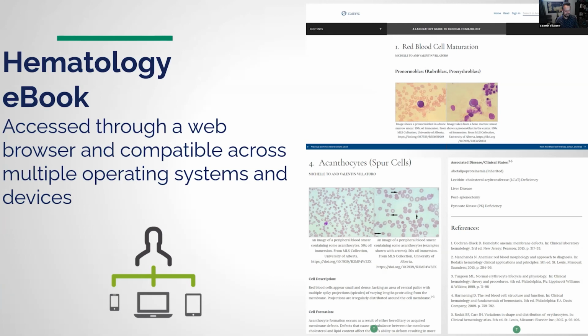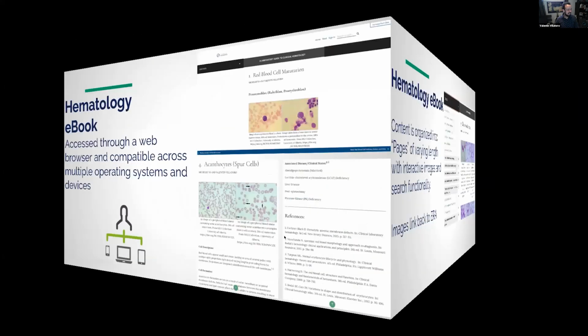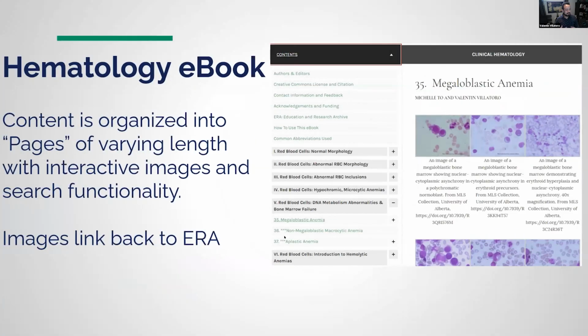And each page has not just images and multiple images, but also descriptions, more information, associated disease states, if applicable, and references that students can check out as well for more. Each page has variable amounts of content with varying lengths, and some of these images are interactive using H5P.